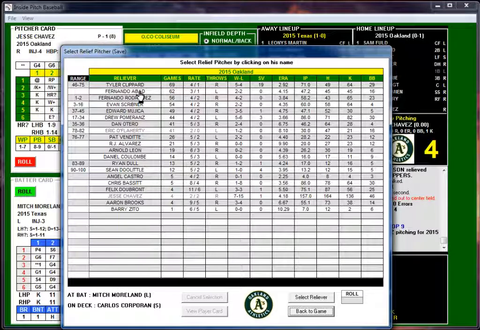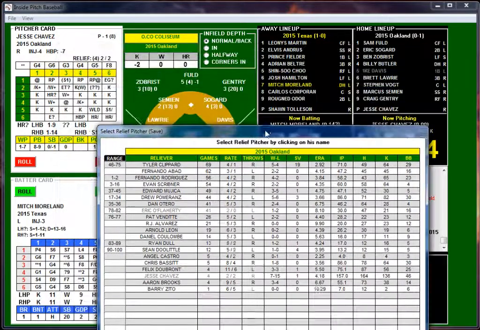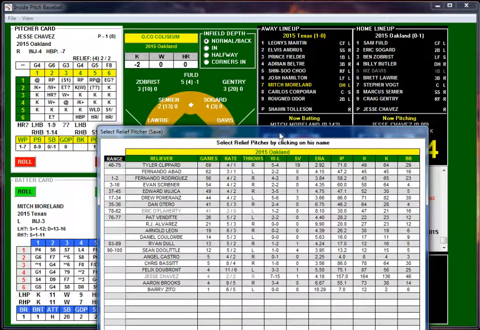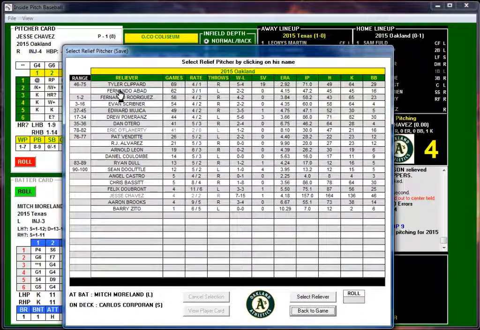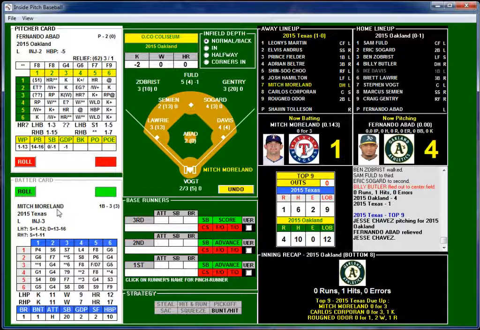Yeah, they brought in Fernando Abad, who got no saves. He's a lefty, and they got a lefty, a switchy, and a lefty. So they're actually going to bring in Fernando Abad. All right, lefty on lefty matchup.